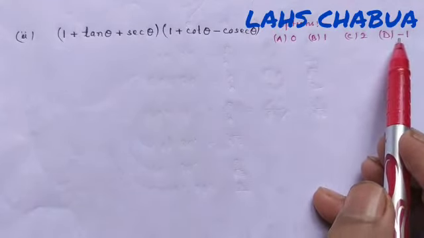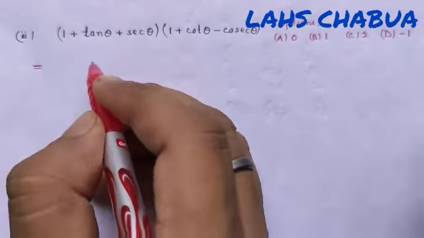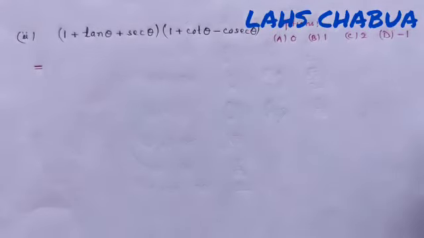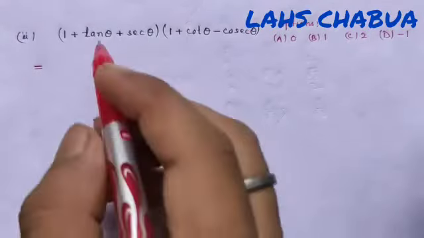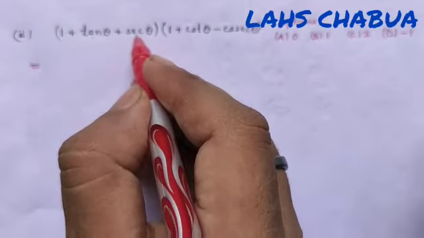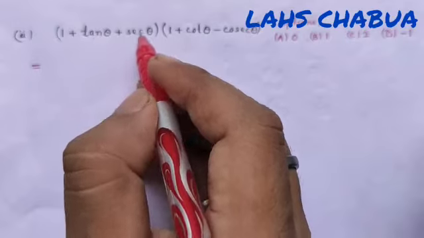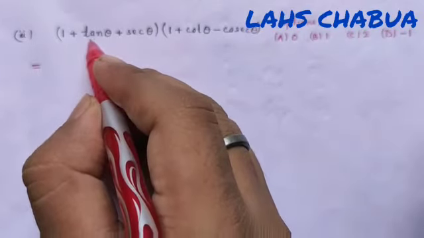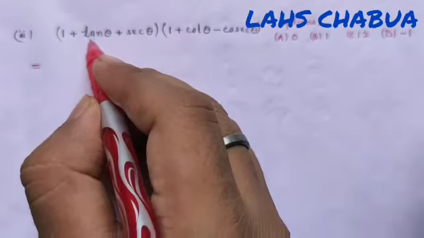So we are going to solve this question. Here also we are going to apply the trigonometric identity. We are going to express everything in terms of sin and cos. As you know, sec is the reciprocal of cos. So we are going to change tan in terms of sin and cos, sec in terms of cos, cot with respect to sin and cos, and in place of cosec we are going to apply the identity. As you know, cosec is the reciprocal of sin.